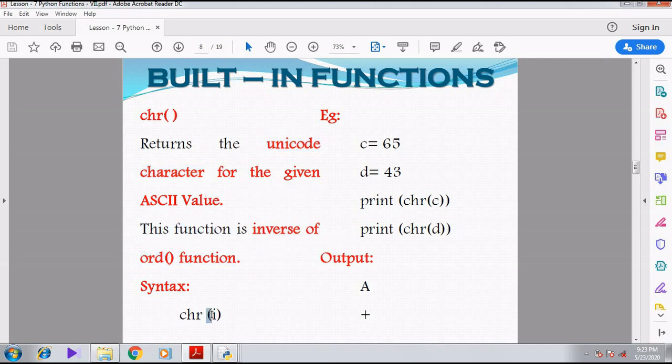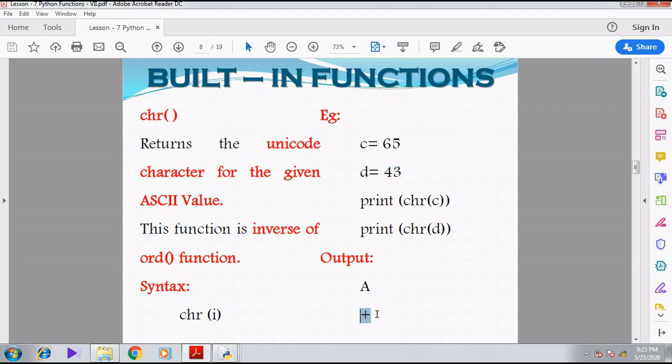So this function is the inverse of the ORD function. See that they have given the syntax CHR of I. You can give any other variable. Instead of CHR of I, you can give CHR of X, Y, CHR of A, like that. Next they have given D is equal to 43. What is the ASCII character of 43?